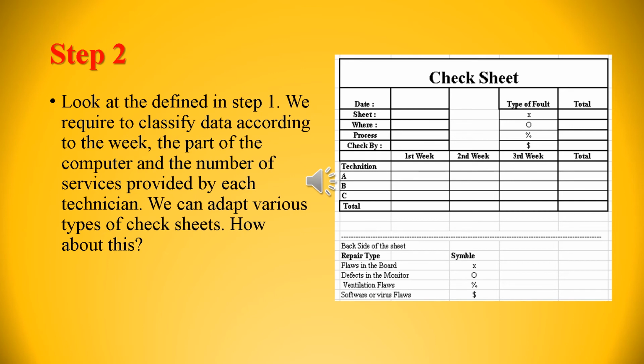Example. First of all, you have to read the W's. Where is the place they are going to collect the information? Here they have clearly mentioned the repair shop. And who is going to collect the data? Here they have mentioned the product engineer is the person who is going to collect that information.